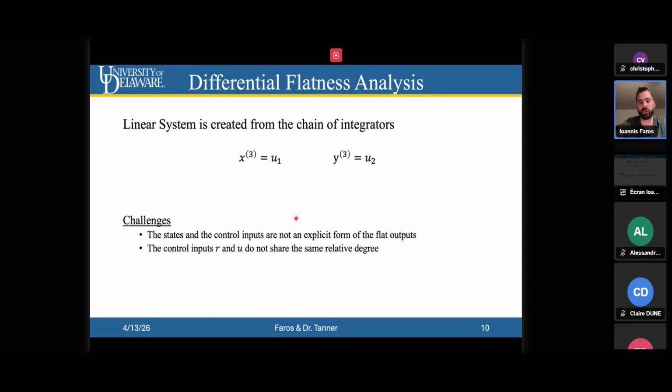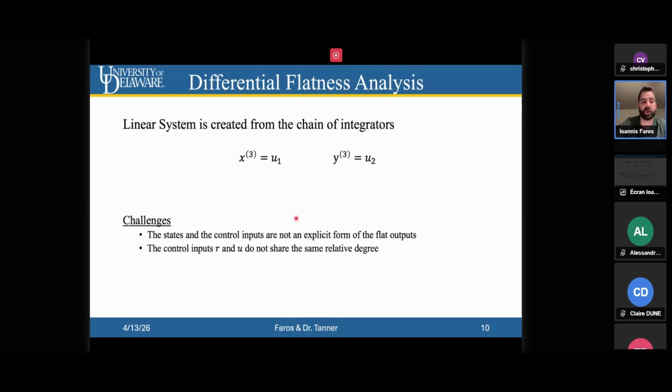I mean, you can take the control input U, make it a state, and take the derivative, but it's not working because it appears to have the R in the expression, and it's like you're chasing your tail, because every time you take the derivative of your control input, you cannot actually share the same relative degree. So we can use some rigid body kinematics to basically decouple the R and the U